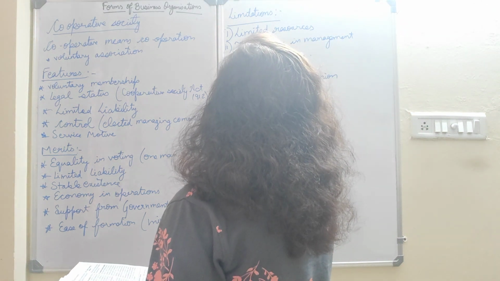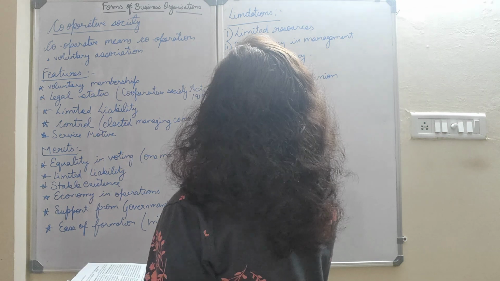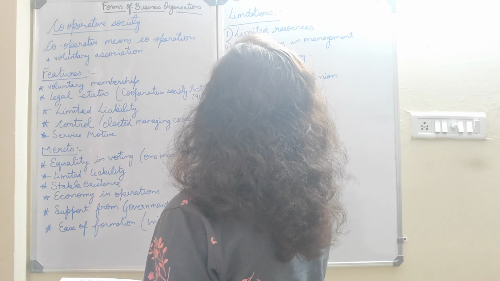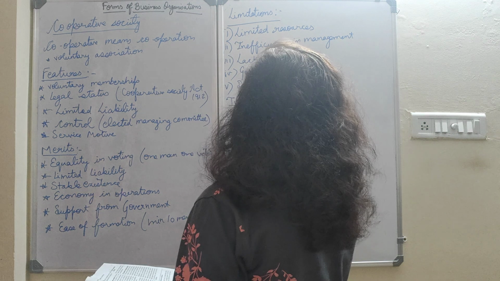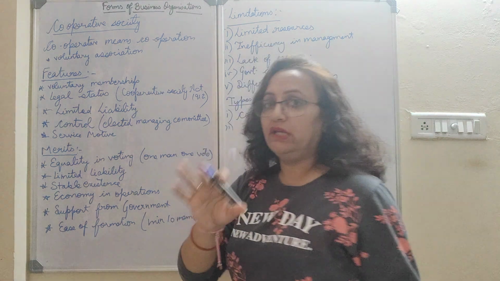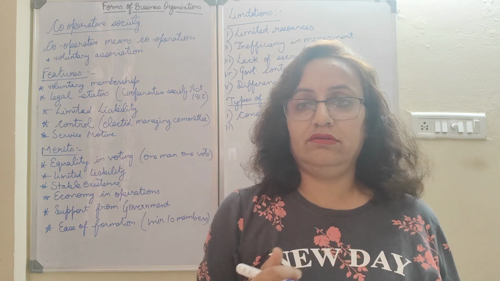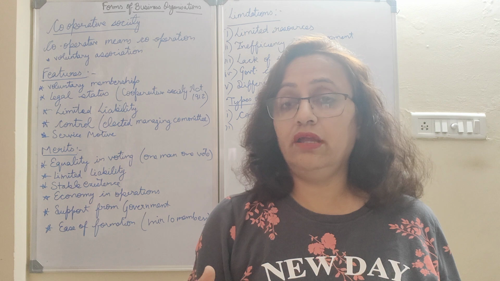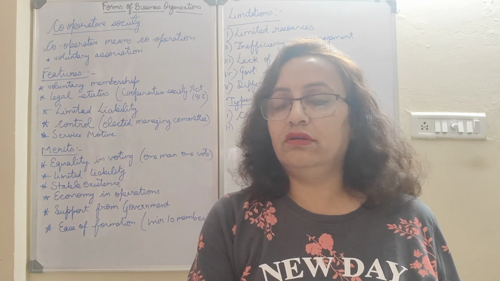Now we go to types of cooperative society. I am writing CS over here, it means the same. Now first is consumers cooperative society. Consumers cooperative society is when the consumers join a kind of society to get the goods at low rate. Like you can see, there is a canteen in the army area, right? Army people are given goods at very nominal rate. Why?